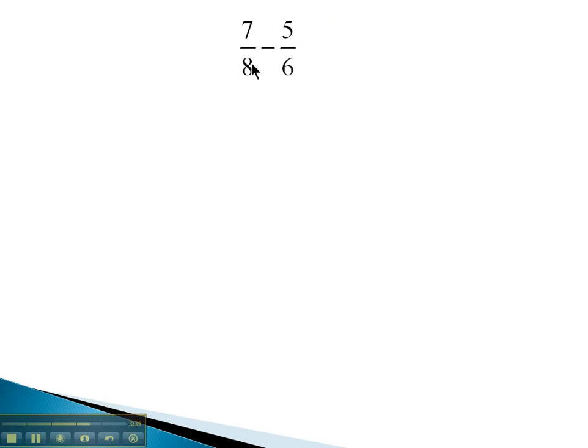In this problem, we have different denominators, so we'll identify the least common denominator of 8 and 6. Using mental math, we can see they both divide into 24. So what do we have to multiply the 8 by to get 24? 8 times 3 is 24. Multiplying by 3 in the numerator and denominator gives us 21 over 24. This should be a plus, sorry. Let's make this addition. Plus